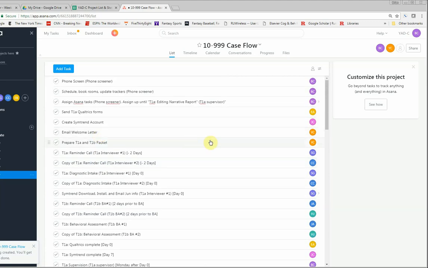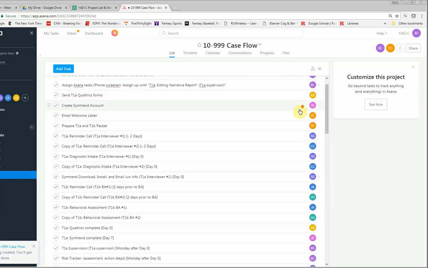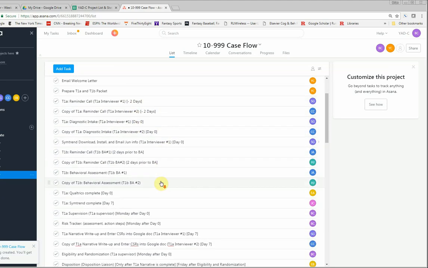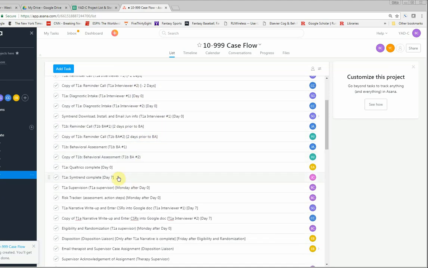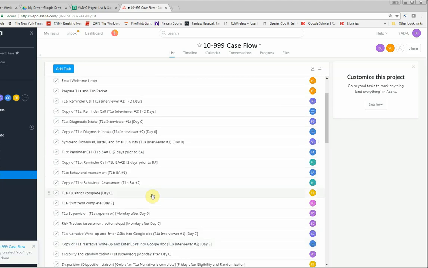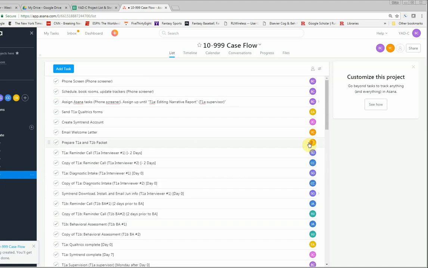You actually have to schedule due dates. So in addition to assigning everyone their dates, you actually have to go and assign due dates because that helps give an extra protection against giving extra alerts. So you'll notice that in many of these we have some kind of time frame, and they're all centered around day 0, and that's the date of the intake, right? There are going to be some dates that are -2 days. There's some dates that will be +2 days. There'll be day 7, day